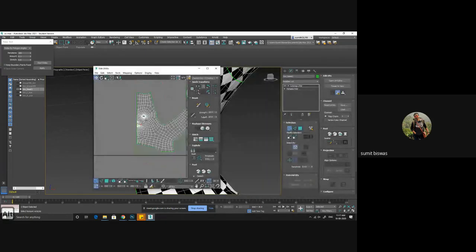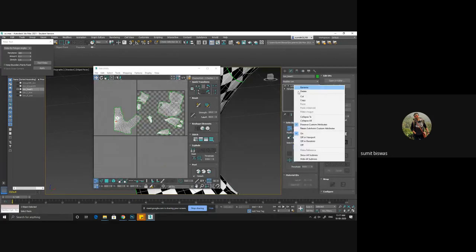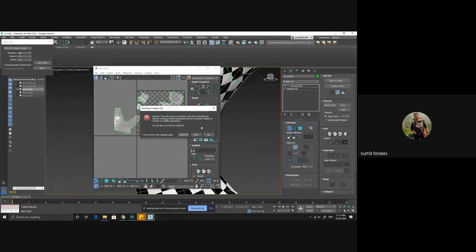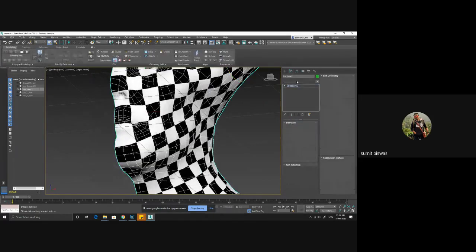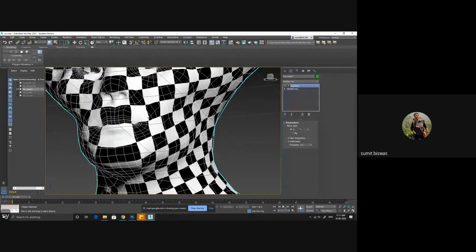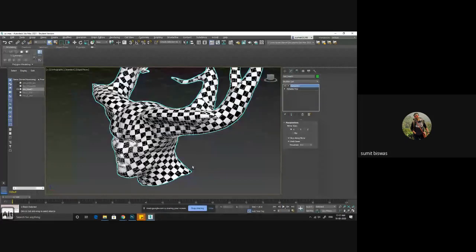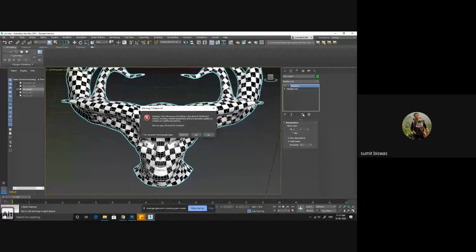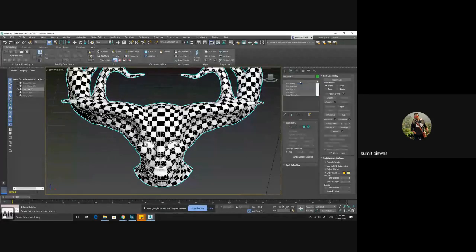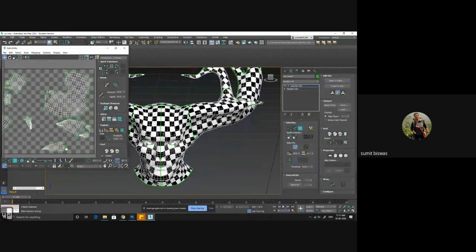So what I'll do now, my half of this thing is unwrapped. So collapse and I apply a symmetry. After unwrapping, I'll apply a symmetry so that I'll get a perfectly nice unwrapped model. Then again collapse it. Now I can just apply UV, go to UV editor,